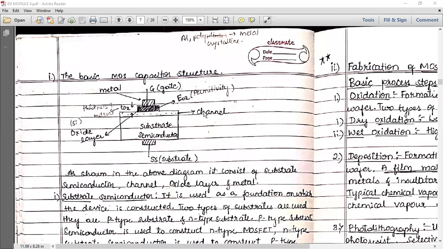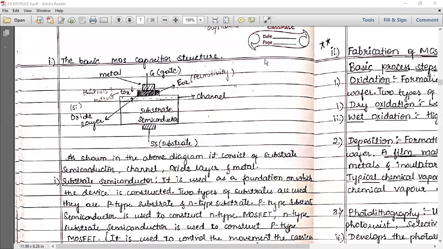I hope you guys understood this one. If you want me to repeat, I will repeat the same thing. Just respond in the chat box, and if you understood, say yes. If you want me to repeat a particular point, I will do the repetition, because it's a very simple topic. What I said is, the main thing here is the oxide layer. So do it first and respond in the chat box.